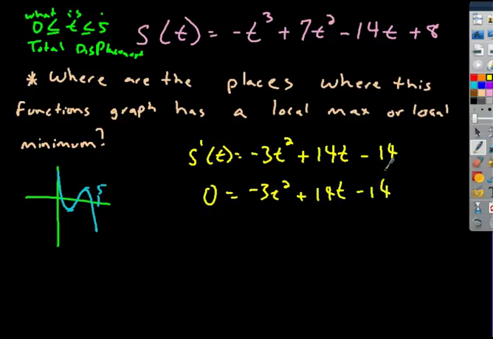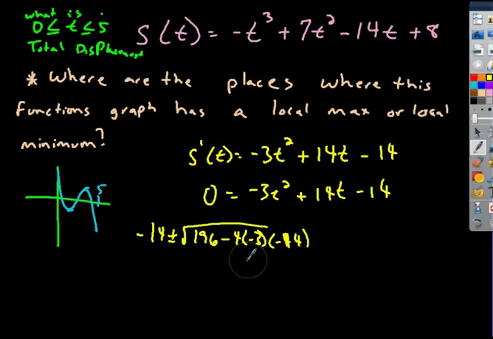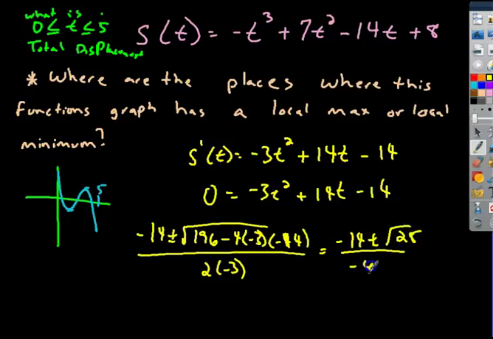And that's probably not going to be factorable. It may be, I'm not really sure, and I don't want to waste time trying to find out. So I'll go straight to the quadratic formula. It should be negative 14 plus or minus the square root of 196 subtract 4 times negative 3 times negative 14, all over 2a, all over 2 times negative 3. So this is basically negative 14 plus or minus the square root of 28 over negative 6, so these two values are about